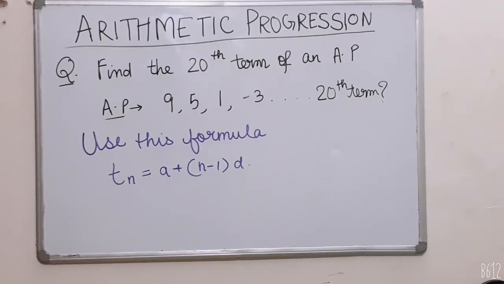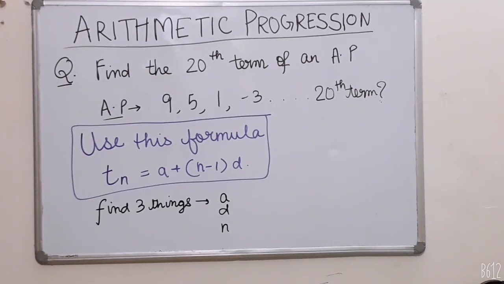So the question which we have to solve is this. We have to find the 28th term of an AP, and the AP is 9, 5, 1, minus 3 and so on, and we have to find the 28th term. So this question is the simplest question in AP which you will solve till now. So try it first yourselves, then I'll tell you how we will do this. And for a hint, you can use this formula. Obviously we will use this formula only, but I have given you the hints, so now you have to solve it by yourself by pausing the video. Then you can see the solution.